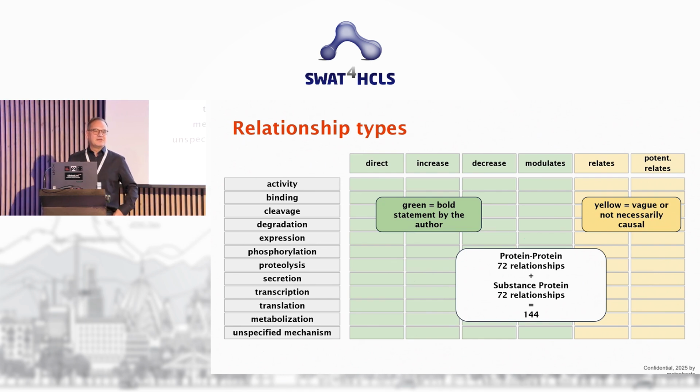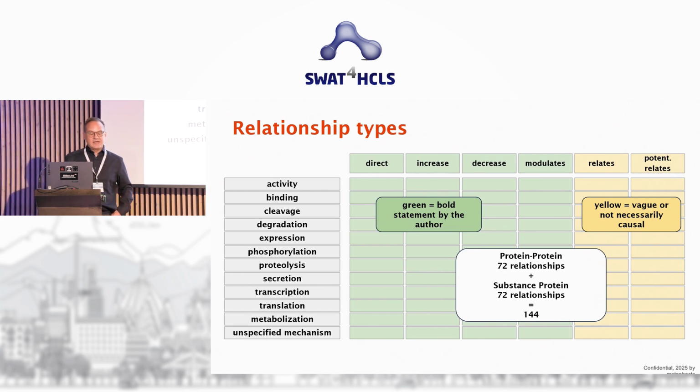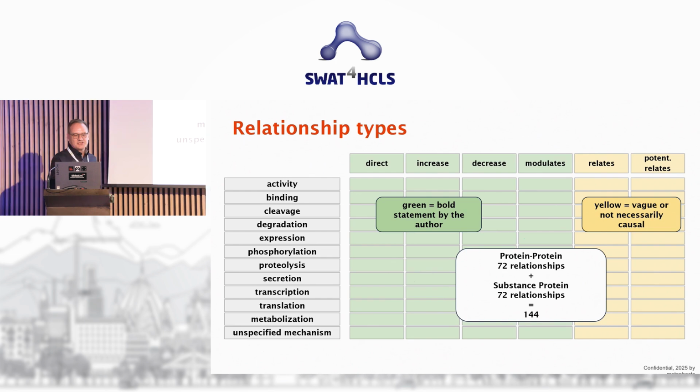And this is something that we have been able to teach the system to recognize at a very, very good level, with the impact that the bold statements, the things that you are interested in, if you want to, let's say, from millions of documents, find the nugget information, you want to have this bold information. So this is why we have created this matrix of relationship types.